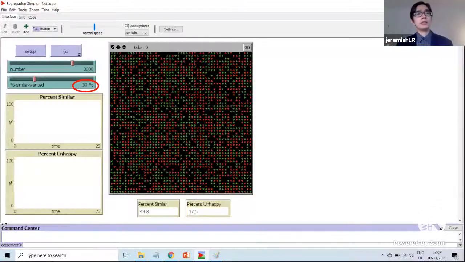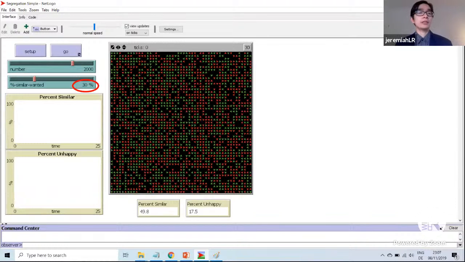And here is an implementation of this model in NetLogo, which is the most popular software for ABM right now. And you see at the left top side, the threshold value of, let's say, 30%. So agents will be happy if they have 30% similar neighbors.